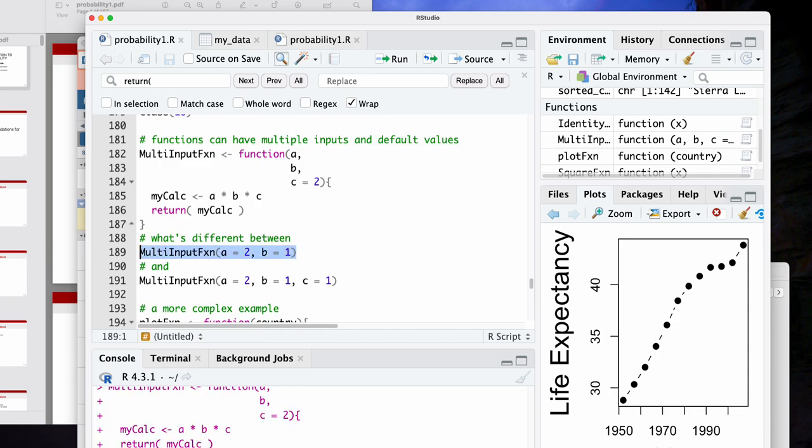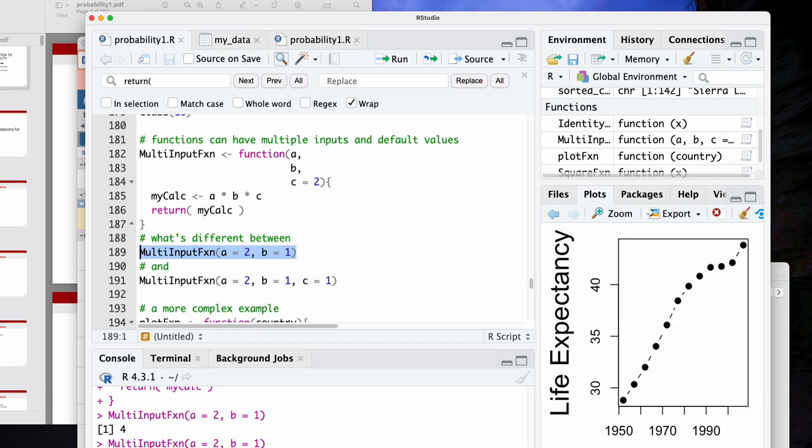So now because we have a default value for C, I don't need to say C is 3 or C is 5. If I don't say what C is, it's going to assume the default. This is really important if you're writing functions that other people are going to use. In general, it's good to set defaults because people will just use the defaults. And if you don't set a default, they might choose a really bad default, and that might cause problems. So in general, it's good to set a reasonable default if you do need a default.